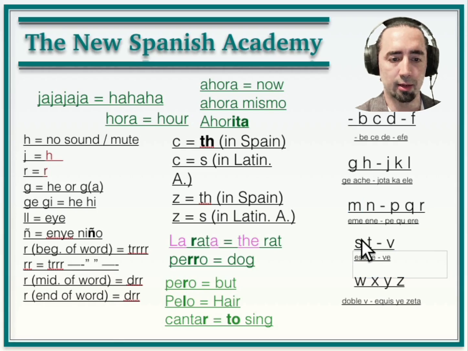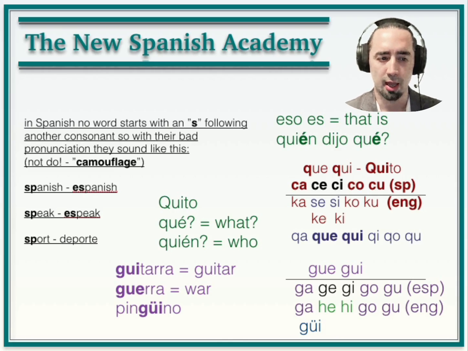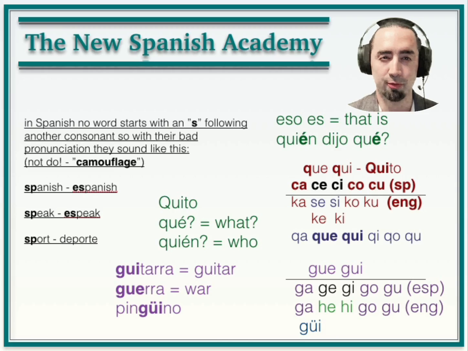Alright, now we have B, C, D, F, G, H, J, K, L, M, N, P, Q, R, S, T, W, X, Y, Z. Now let's look at some other important things you have to be aware of when talking in Spanish. As I just said, the letter S is something you can play with, because as you've heard before, native Spanish speakers, when they speak English, will say things like